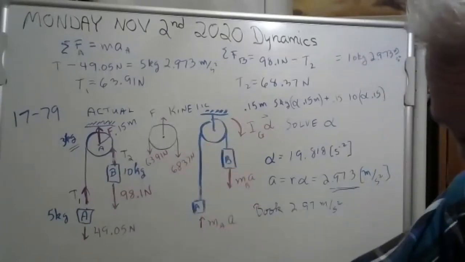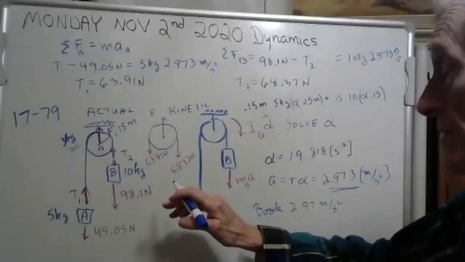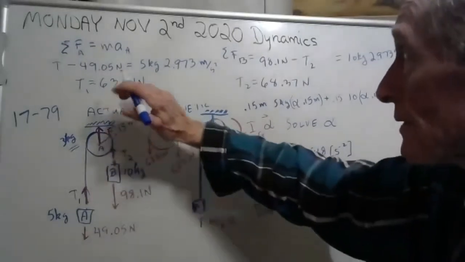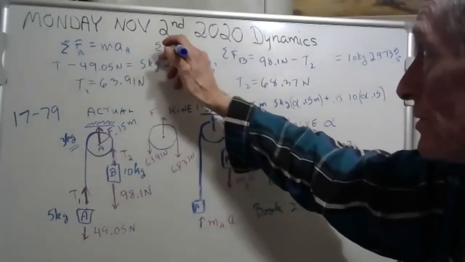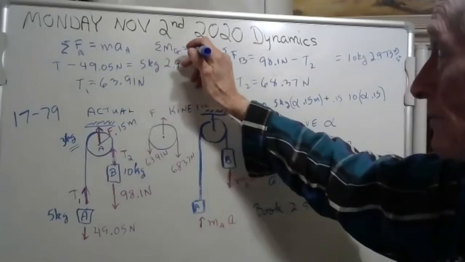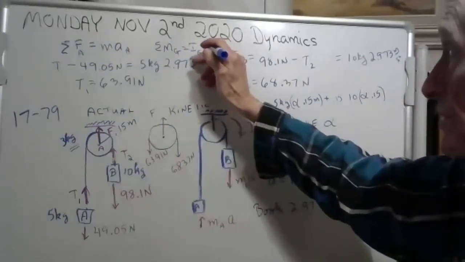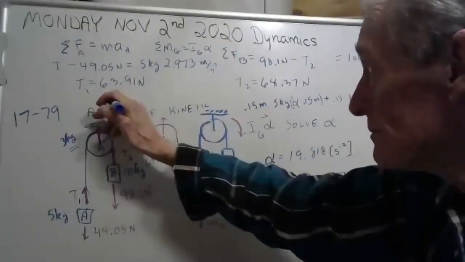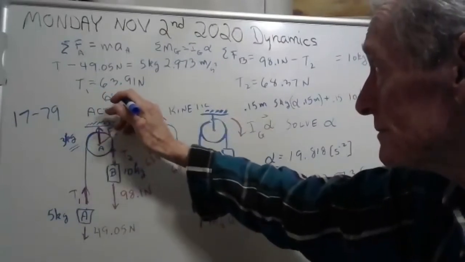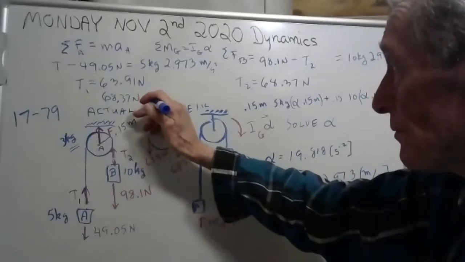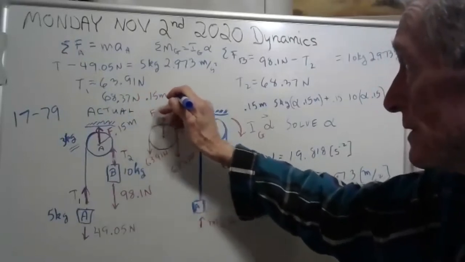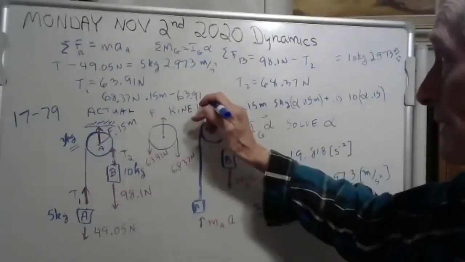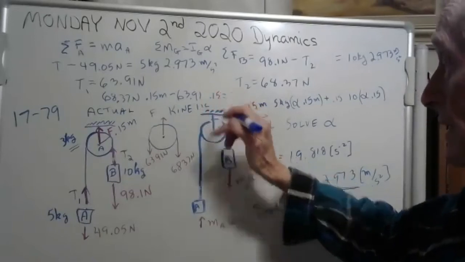And now really this is a check of our work. We've got all our answers. But if you take the sum of the moments just on this pulley, you know how that goes. The sum of the moments on the pulley equals the moment of inertia times the alpha. All right, so you're going to have the 68.37 times the 0.15 meters minus the 63.91 times 0.15 meters equals,